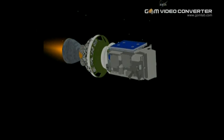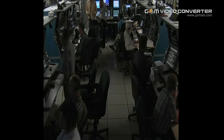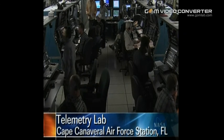Our first stage events were very close to the expected times as we're passing 9 minutes 30 seconds. You can see that the second stage chamber pressure is now beginning to decline slightly as expected. Seconds remaining in the burn. The stage pitch and yaw control very good at this time. Chamber pressure is continuing to trail off as we're passing 10 minutes. Mark, 10 minutes in, altitude 100.3 nautical miles, downrange distance 1,321 nautical miles, velocity